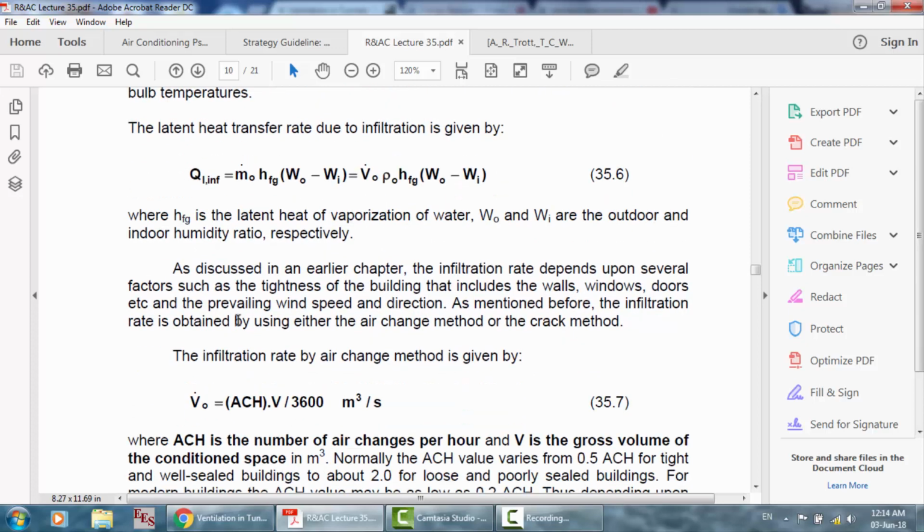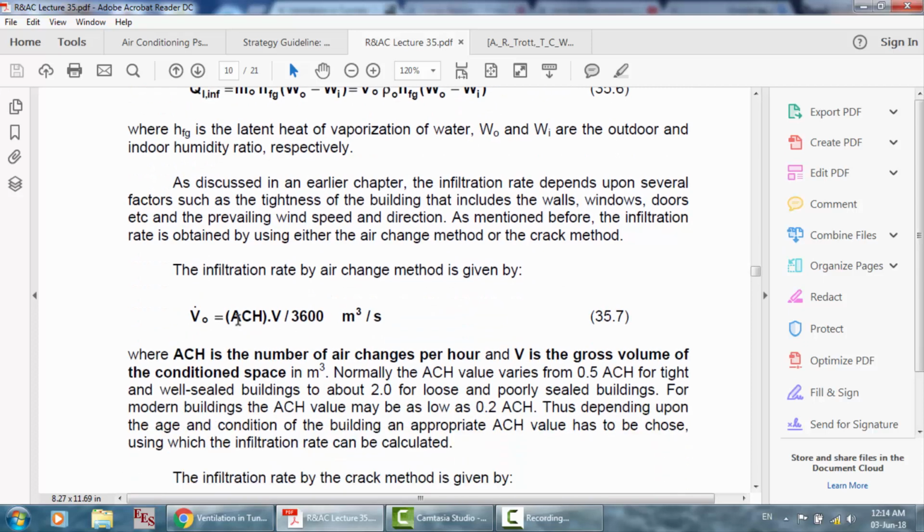humidity ratio respectively. So I discussed in the earlier chapter that the infiltration rate depends upon several factors, such as the tightness of the building, that includes the walls, windows, doors, etc., and the prevailing wind speed and direction. As mentioned before, the infiltration rate is obtained by using either the air change method or the crack method. So here the infiltration method